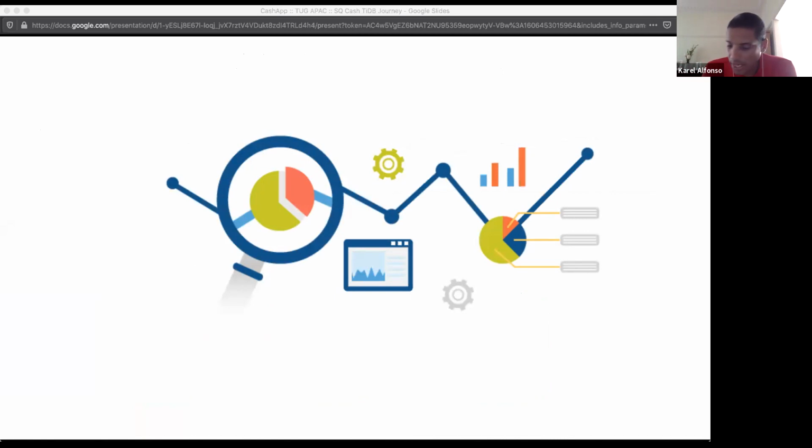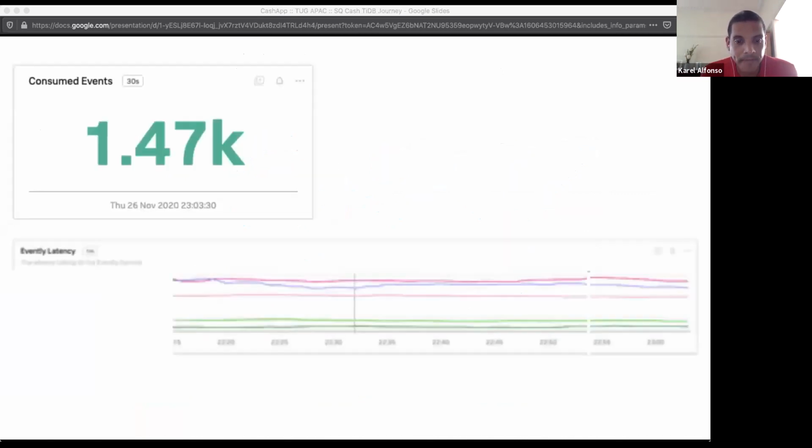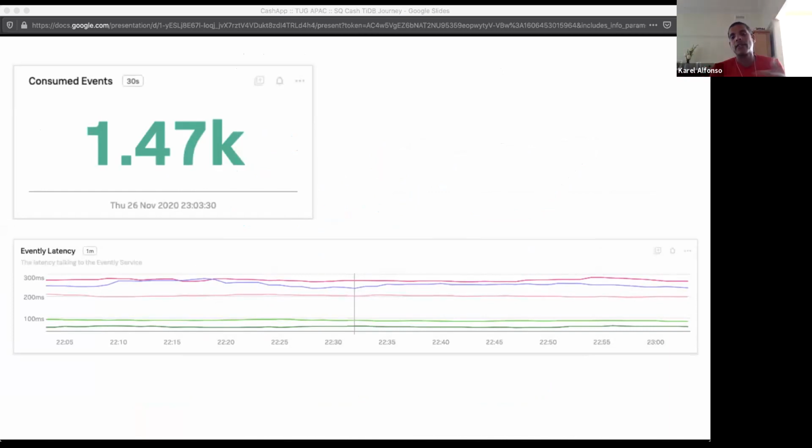Let's have a look. We learned a lot through the months where we were deploying this service using shadow traffic. We tuned the system and the configuration. I want to run you through what it looks like now from a metrics perspective. This is the application that is consuming from Kafka. As I mentioned before, for us the latency, even in the order of seconds or tens of seconds, wasn't a problem. You can see we managed to fine tune this so that we get around 300 milliseconds, for acknowledgement of messages to the topics, fetching, and redeliveries. We're currently consuming 1.4 thousand events per minute.